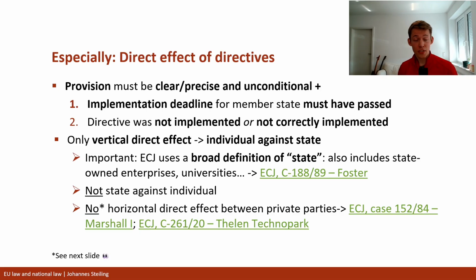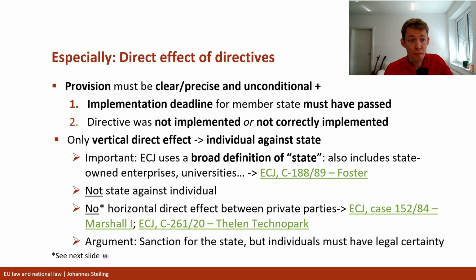So now that we've accepted this rule, we have to talk about exceptions, which are not real exceptions, because I think the ECJ has never actually confirmed that it allows horizontal direct effect between private parties, but there are decisions where it does in fact allow horizontal direct effect between private parties. This is now getting really complicated, so just remember the general rule if you remember anything. But I'll talk about the exceptions.